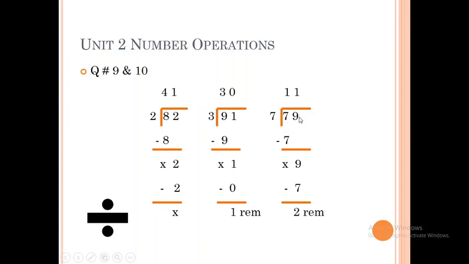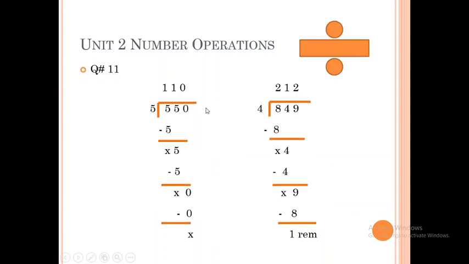Now the next number is 79. See here, you can divide this 7 only separately. 7 ones are 7. Then after subtraction, nothing is left. The next number that is going to be divided by 7 is 9. Copy this 9 here. Then again read the table of 7. 7 ones are 7 and then do the subtraction. You will get 2 as remainder here. This is another new method, another new point that you have learned here in question number 9 and 10. Step by step we are solving and dividing the numbers.